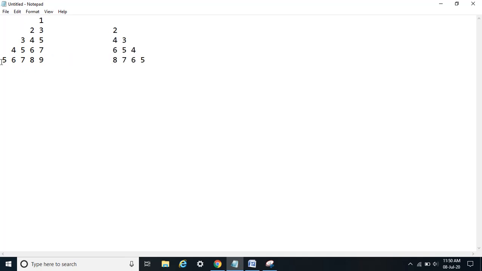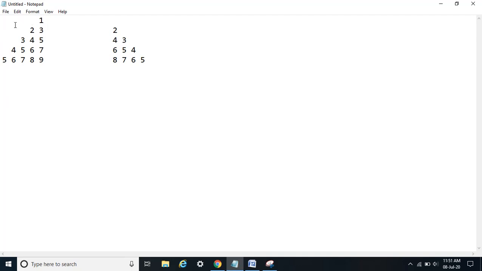First we will build this pattern, then we will see what we can do for this part. Now I think this should be pretty easy, but still I will explain how to build this. First let's count what is happening in each row.